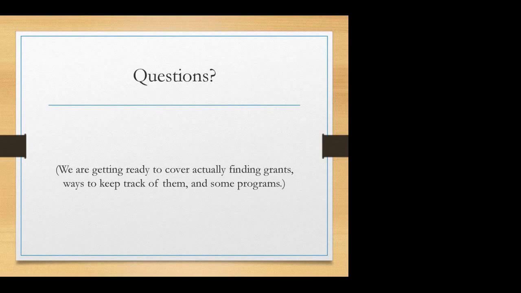But there is a lifetime limit. Some programs, like the Value Added Producer Grant program from the federal government, have two parts, a planning grant and a working capital grant. You can get a planning grant once for a project and a working capital grant once for a project. You can do a planning grant, then apply in a couple of years and get a working capital grant. That's actually the way they'd love to see you do it.